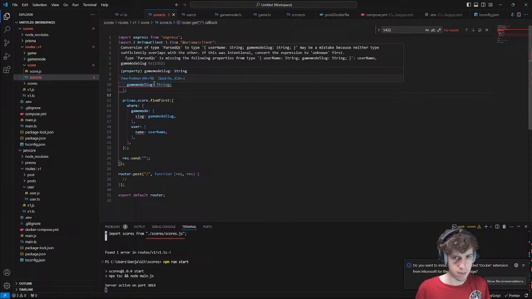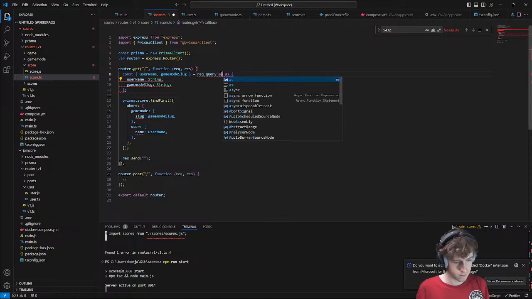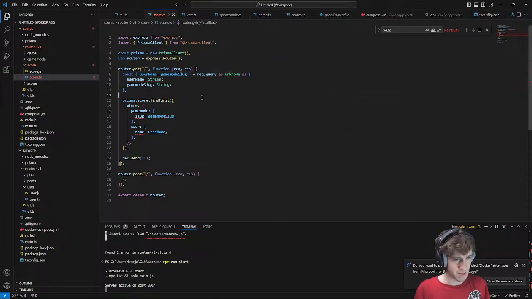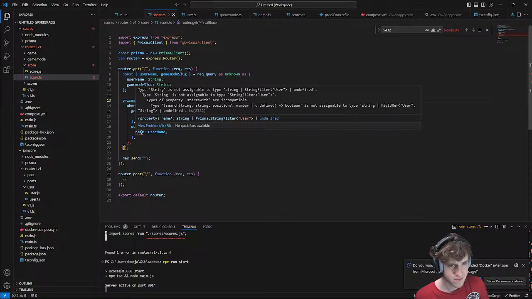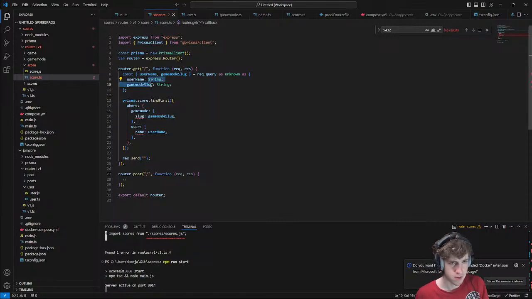Parse queries to type that, maybe a mistake because neither type sufficiently overlaps with the other. There we go, issue fixed. There's no way this isn't going to return strings. Oh, I guess I'm going to have to do lowercase string. There we go. Does that fix the issue before? Oh, it does. Okay.